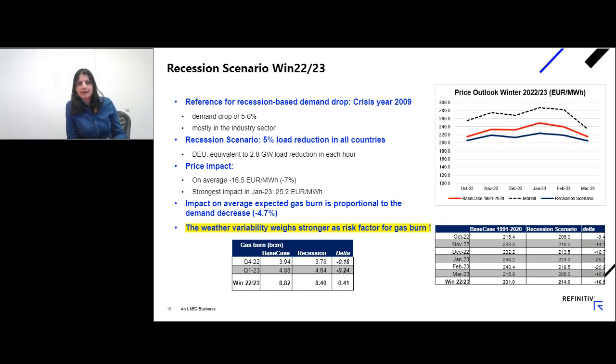And now again, if we remind ourselves how the possible range of gas burn is in every single month, just based on possible weather variability, this is actually not as much of a risk for the gas-to-power demand as the weather variability. And also, we've been doing quite a lot of studies and analysis back in March on